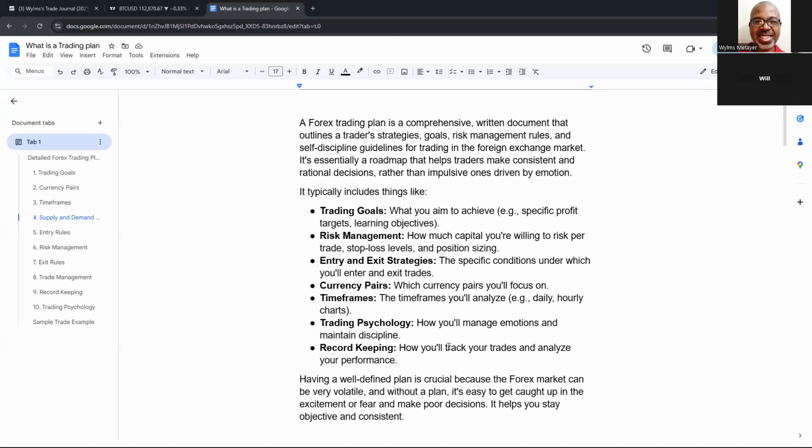Okay. Record keeping. Now, if you get a winning trade, try to jot it down: when you entered, when you exited, and how many pips you earned in that trade. Then analyze it. Perfect trade, winning trade. Why was it a winning trade? Certain things on your parameter list, your rule list, your trading plan